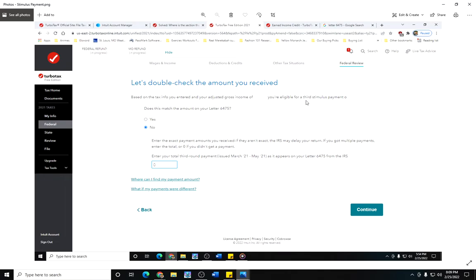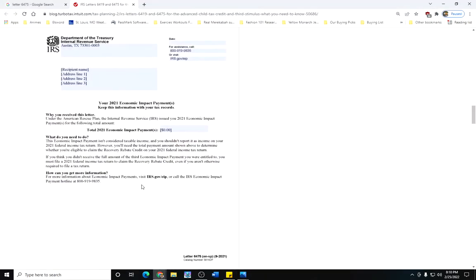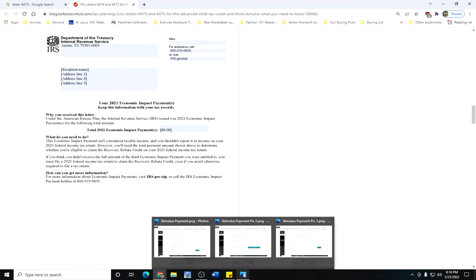You're eligible for the third stimulus payment of... when I was blotting this out, I ended up blotting out the F. So you're eligible for a third stimulus payment of... and what you will notice, if you have your letter 6475 handy, right? What you're going to notice is that